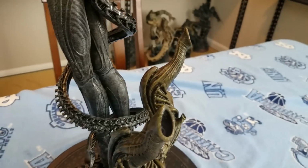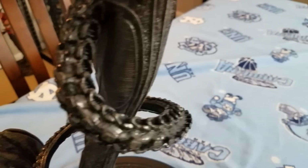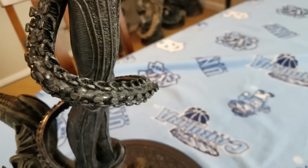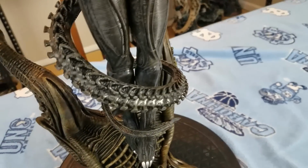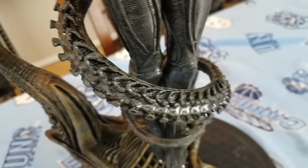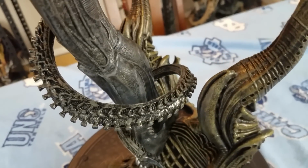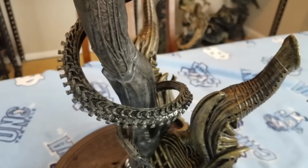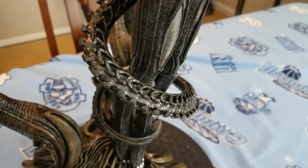But where it's heightened is, let me rotate this around for all of you, the paint application on the tail. I'm not sure what they were going for. As you can see, a little close up here, I'll give you a really good look at how the paint application was done. And like I said, I know this was done on purpose. This wasn't an accident or a fault of the statue, a defect or anything. This was done on purpose,